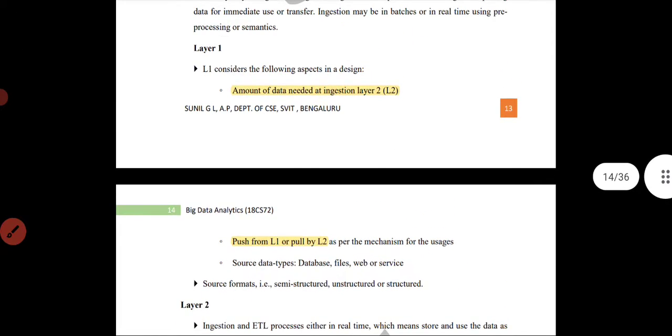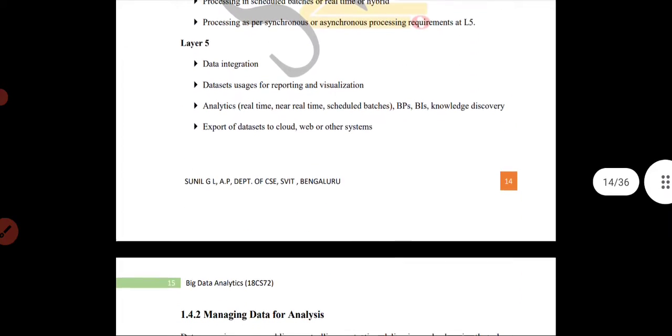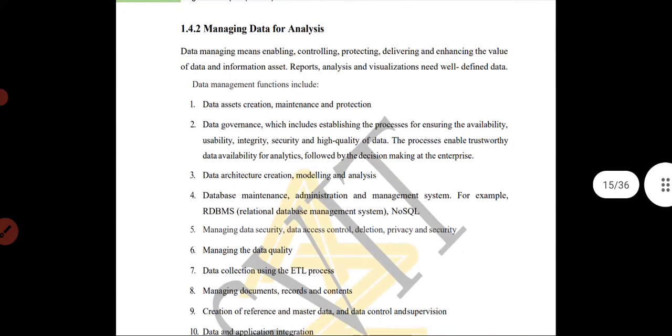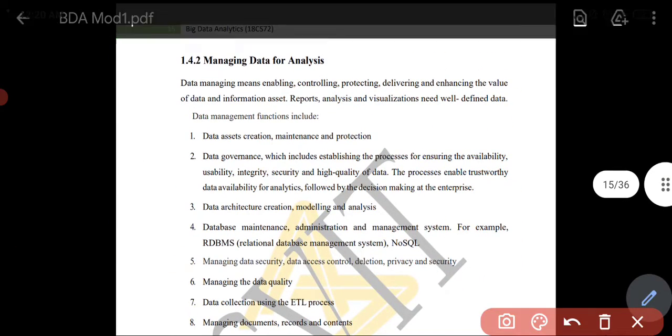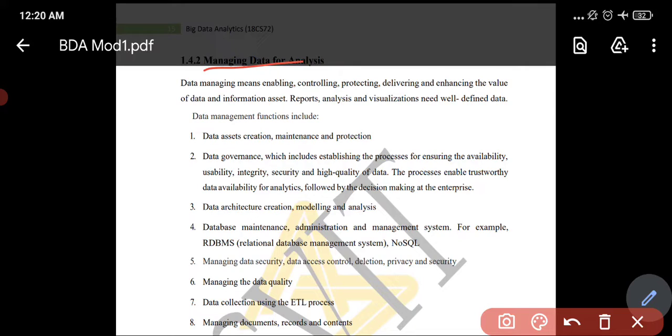So here you have a definition regarding all these layers: layer 1, layer 2, layer 3, layer 4. You can go through it. And the next is managing data for analysis. So how can we manage the data for this analysis? So first,